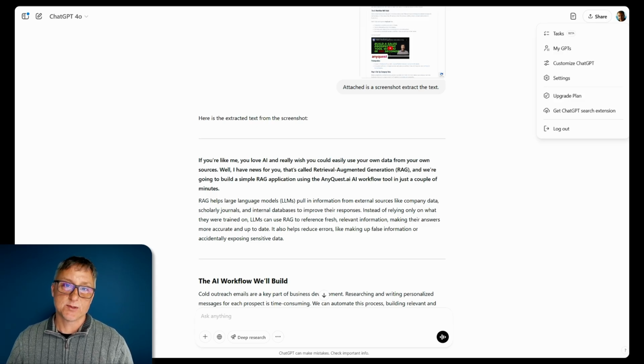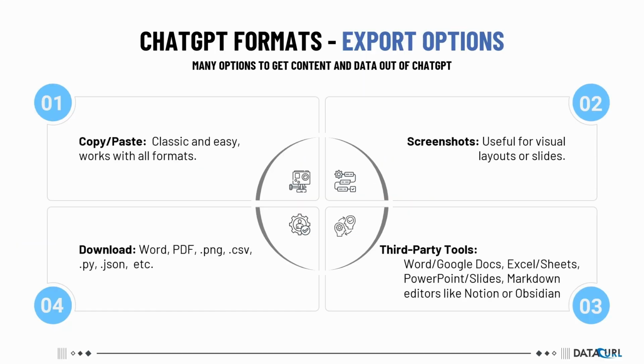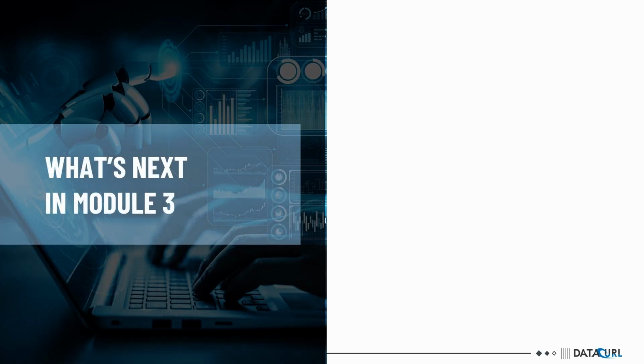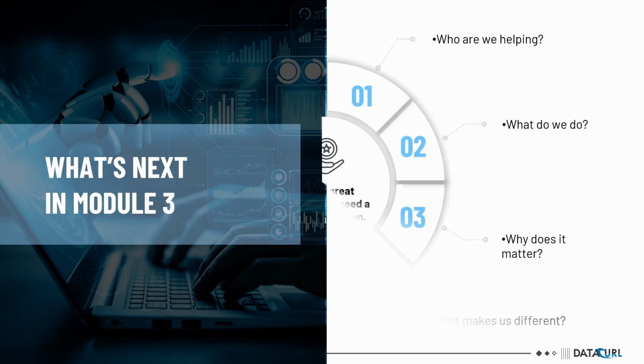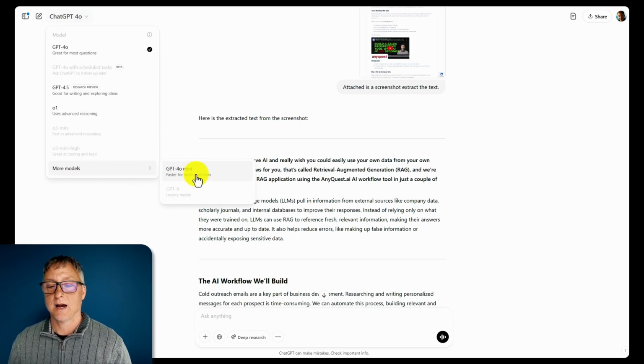Remember, you'll need to get a paid subscription in order to finish this course, but you won't need it for a little bit now. Probably halfway through is when you'll need it. Up here is the selection of models. There's a number of different models. Each is good at doing something well. The common normal model as of the time of this course is ChatGPT 4.0. There are other models that are faster. For example, here is ChatGPT 4.0 Mini. This one will give you answers much faster, but it's not as good as 4.0. When you get a little bit more comfortable with ChatGPT, you'll know when to switch to the faster models and when you should use the default models.